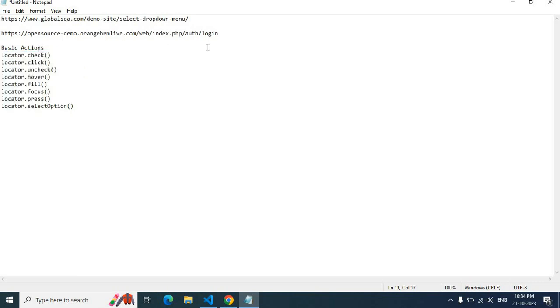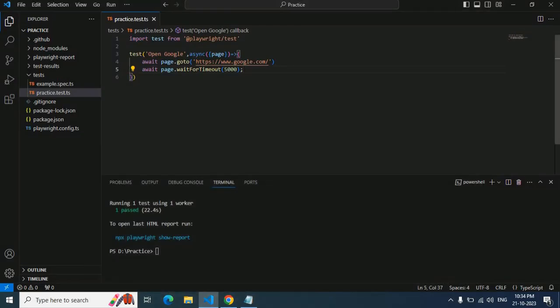For that, I'm using some online open source websites. Let's copy this and try to check how the basic actions of Playwright work. I will change this URL to Orange HRM open source, and we will wait for some time. We have some other methods as well. We can wait, for example, wait